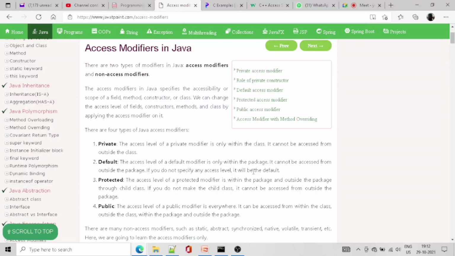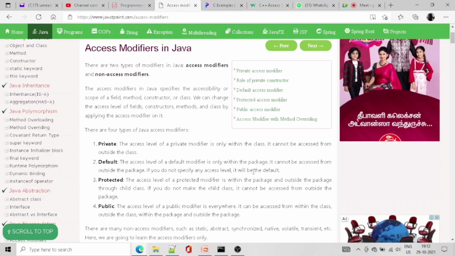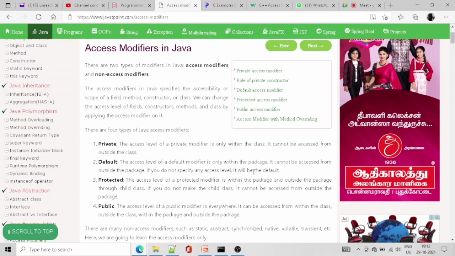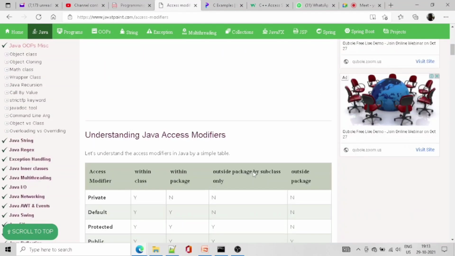You don't have to specify default. It works just like private. It can be accessed only within the package, not outside the package, that's called default.